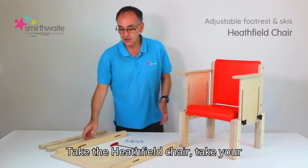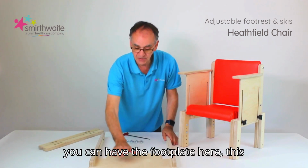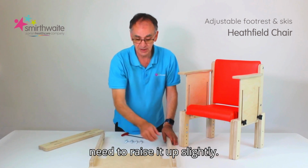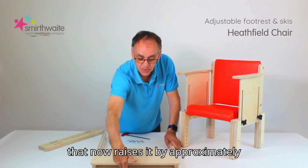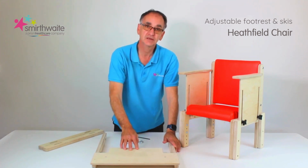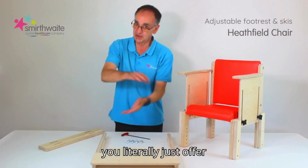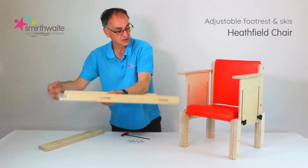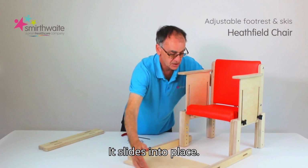So take the Heathfield chair, take your reversible footboard. Now we call it a reversible footboard because you can have the foot plate here, this part flat to the floor, or if you need to raise it up slightly, you literally reverse the footboard and that now raises it by approximately 2 inches. What's that in centimetres, 4.5 centimetres. So you can have it either way up, and we'll do it so it's flat, and then you literally just offer it up to the Heathfield chair. It slides into place,